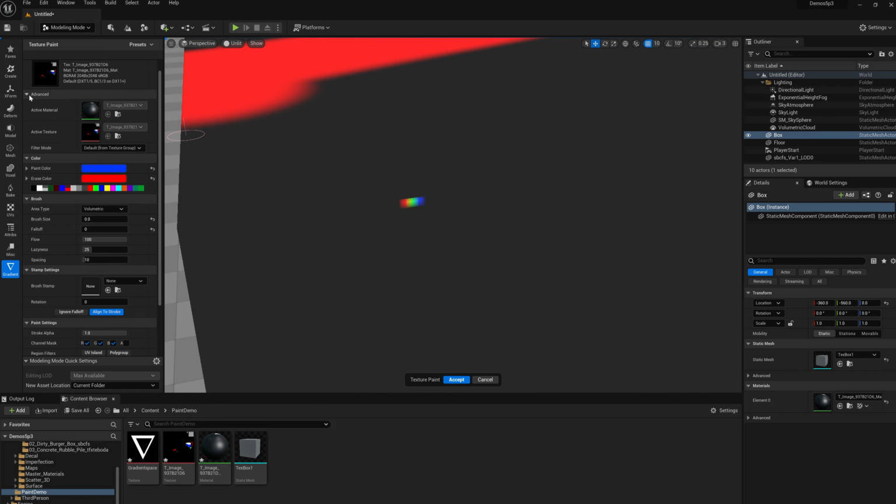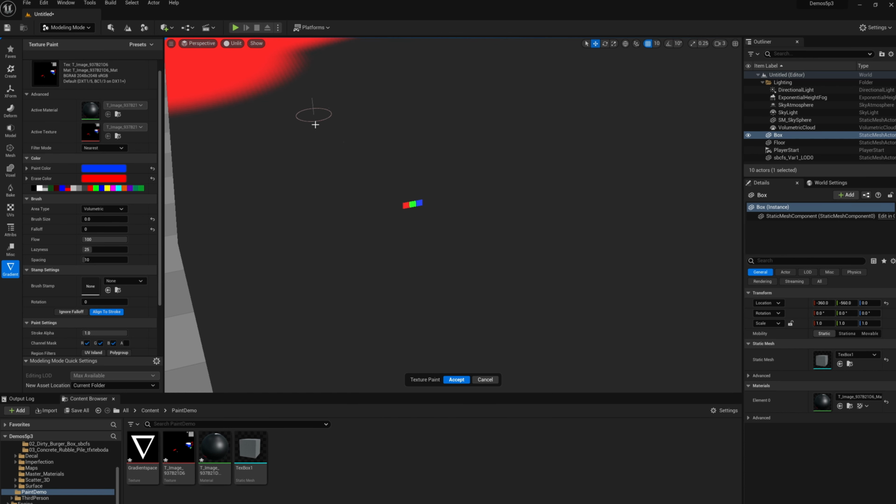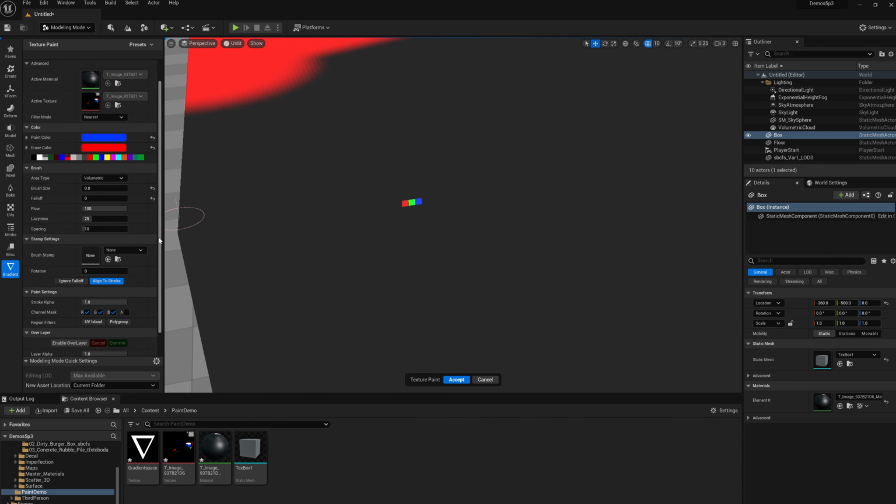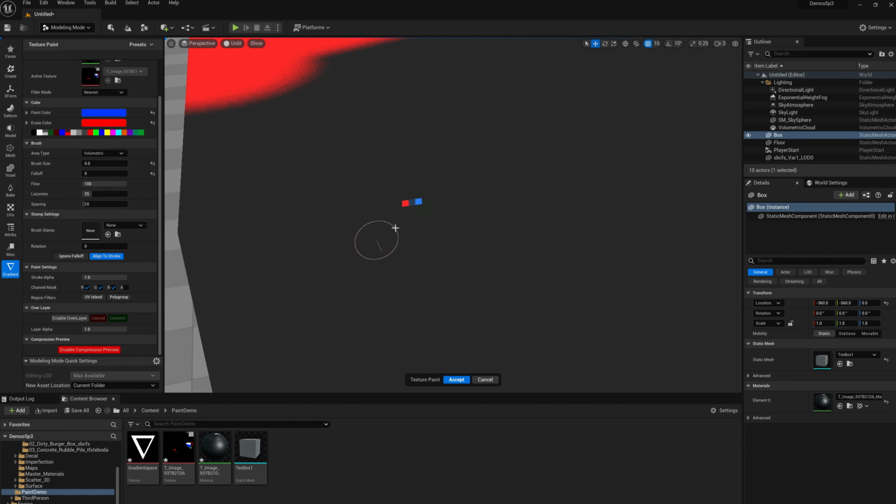I'll show you this thing I skipped before, which is the filter mode. So I can toggle into nearest filtering. Now you can see each texel. That's a useful thing sometimes, because if the texture is really distorted, you'll see where texels might be really big. So you can see here in the uncompressed paintable version, that red, green, and blue are perfectly represented. If we toggle on compression preview, you see that the colors change,